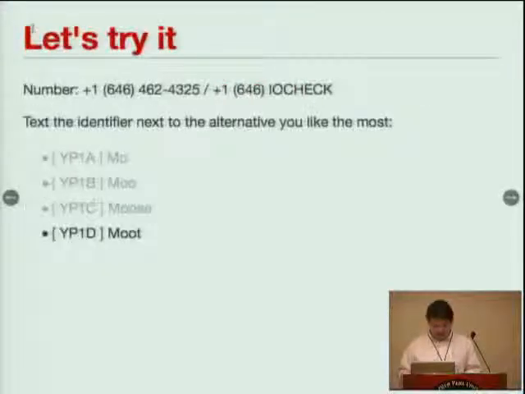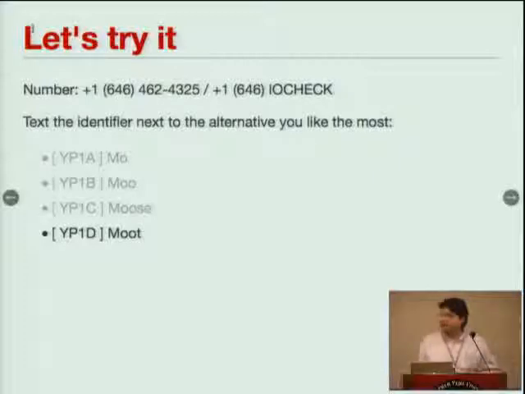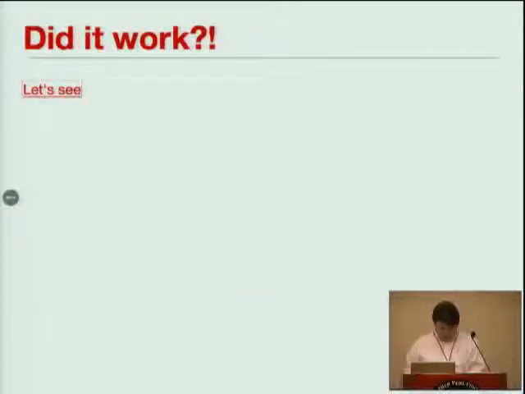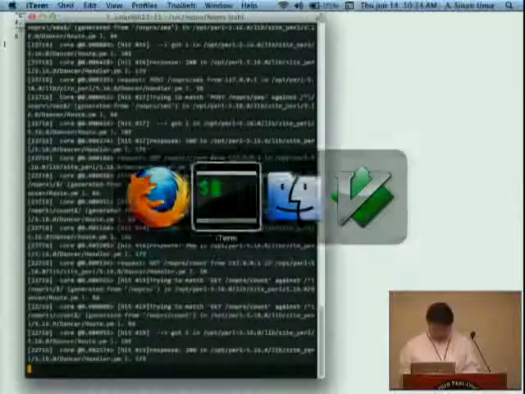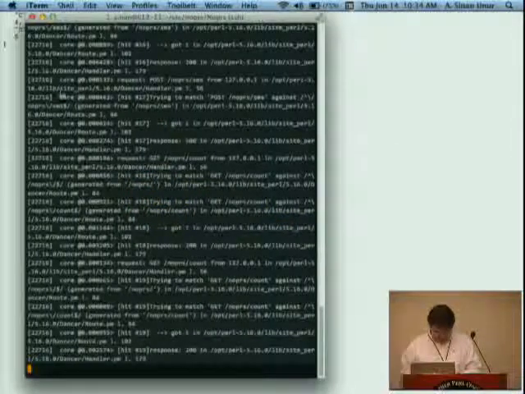Yeah, so that's in JSON. I tried to wire this to a Google pie chart, but I was not having any luck, and I hadn't slept much. The whole air conditioning thing in this building just drives me nuts. But so A is moo, B is moo, C is moose, and D is moot. And if we take a look, yeah, 5 people like moot, apparently, unless everything crashed while I wasn't looking.